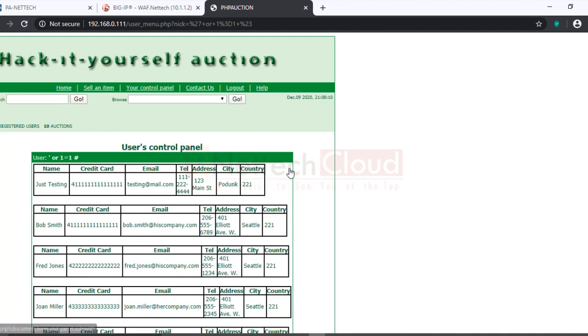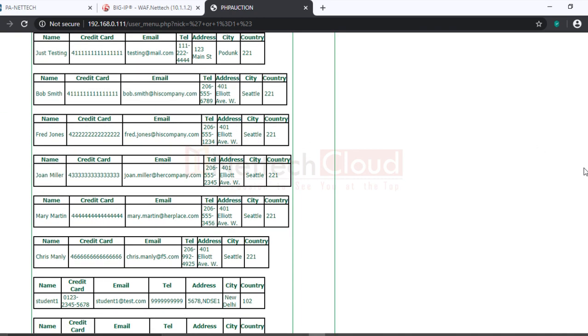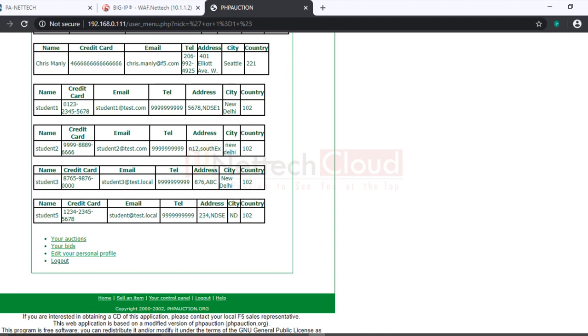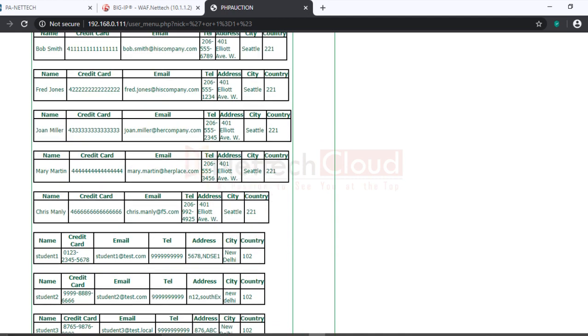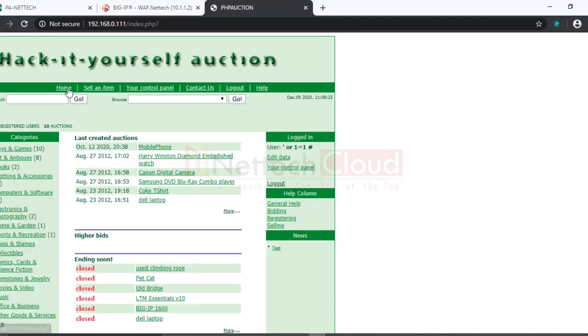And even if I go to the control panel, I can find the details of all the users of the SQL database. I mean the username, credit card number, email address, everything. It's a kind of SQL code injection attack.